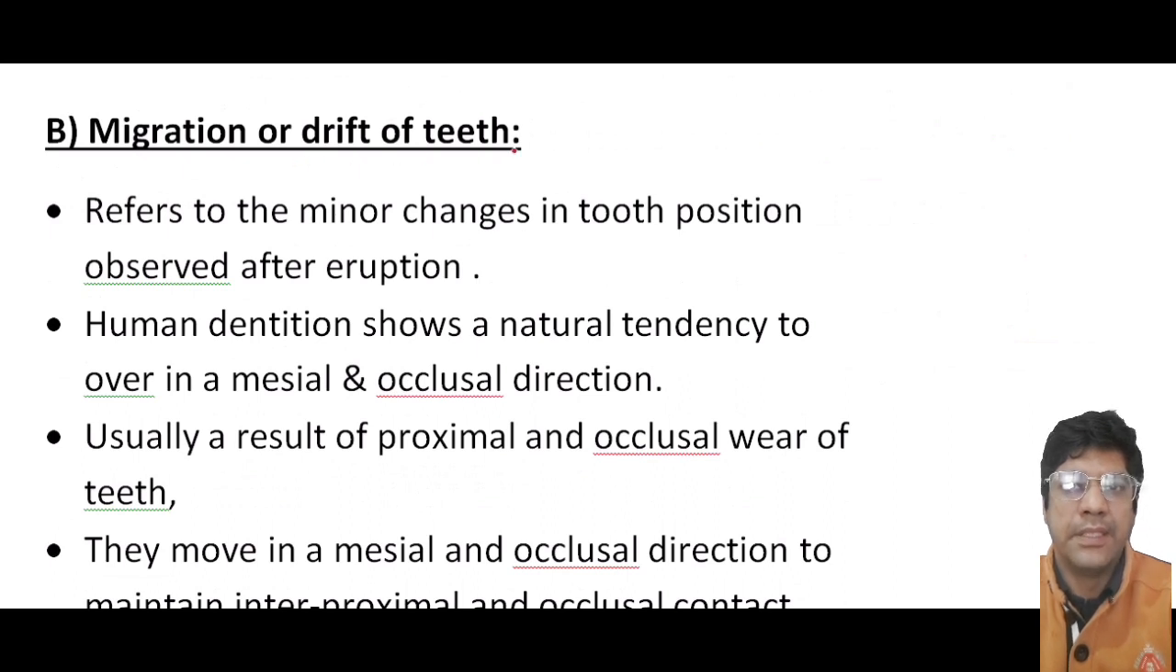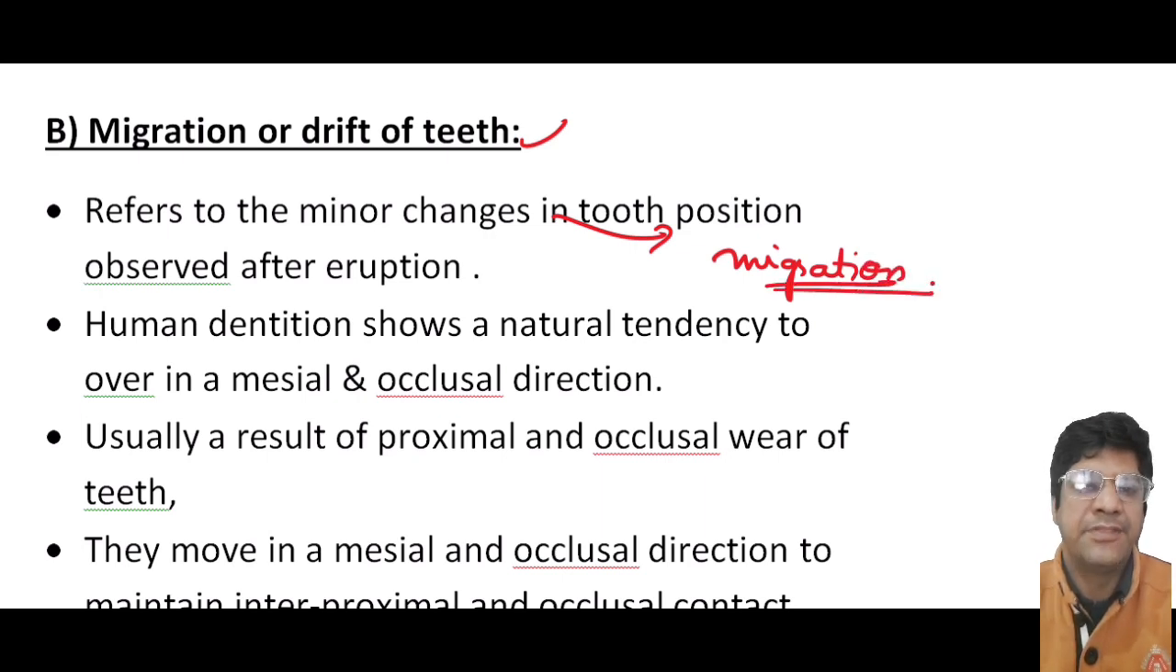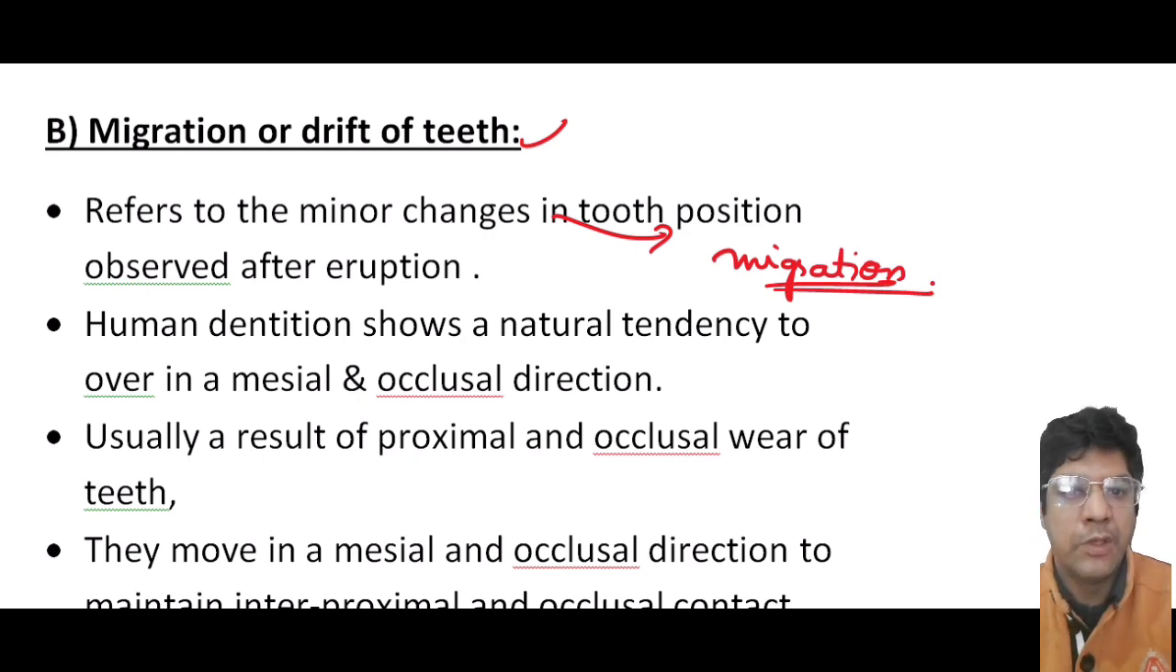The other is migration. Migration refers to the changes after the eruption. The teeth might exhibit slight movement or changes in their position over time. So that is known as migration. The human dentition tends to drift or migrate mesially toward the midline and occlusally toward the biting surface. The proximal and occlusal wear can occur due to factors like chewing, grinding, or other habits. So the teeth tend to shift mesially and occlusally to sustain the proper interproximal and occlusal contacts with the